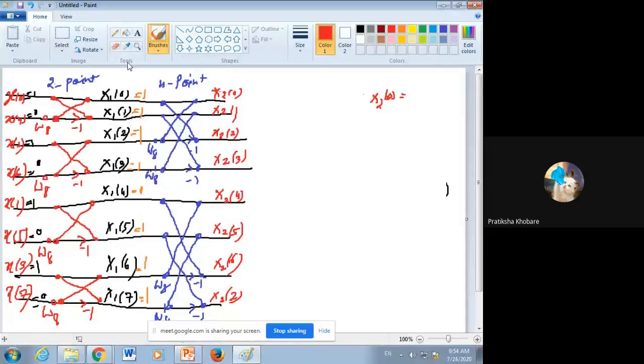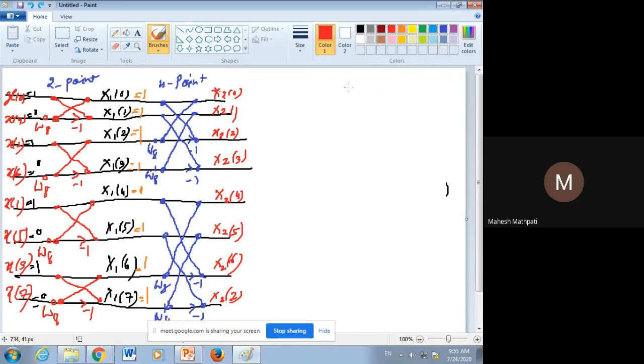Output of the first stage is x1 of 0 plus, you can write it as, x1 of 0 plus W8 0 into x1 of 2. x1 of 0 plus W8 0 into x1 of 2, the value is,